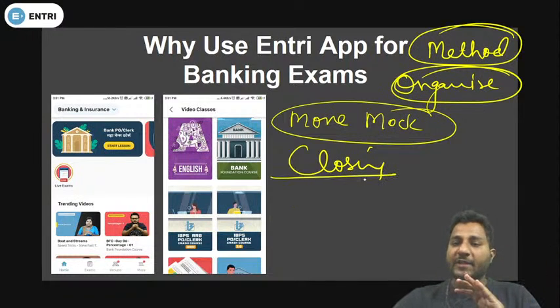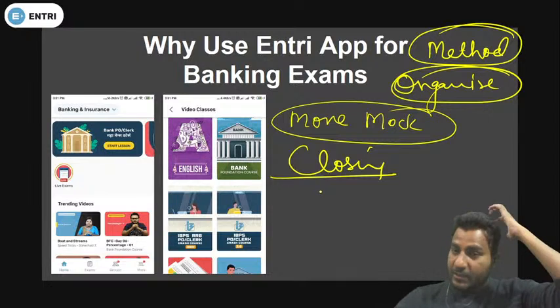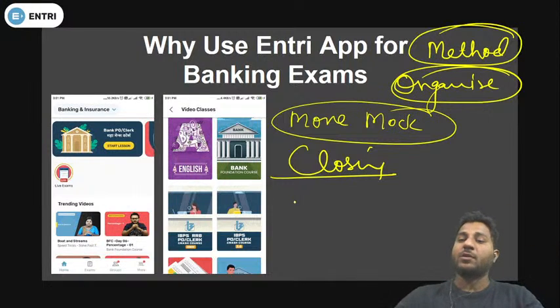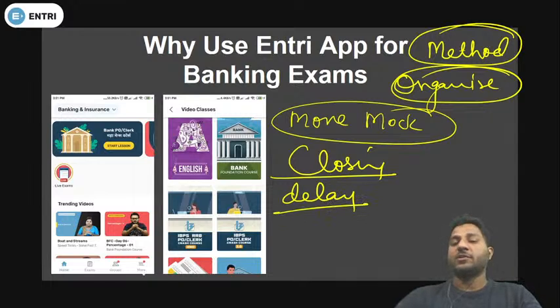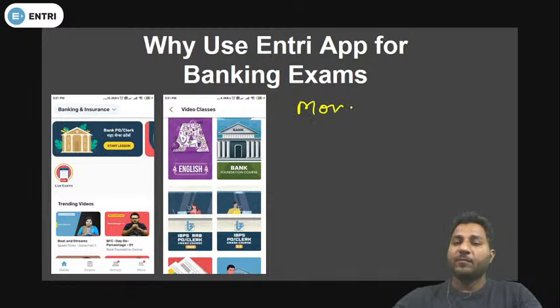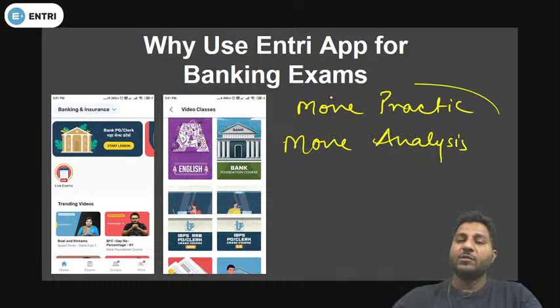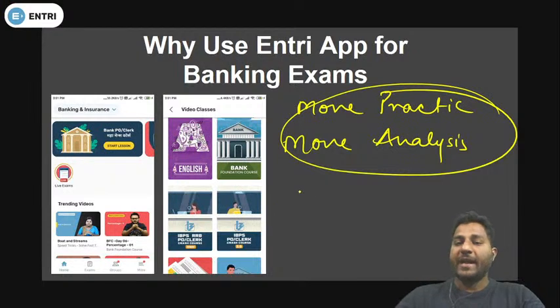If you're not an expert, a fraction of a second or a fraction of doubt will delay your selection. So that's what we are going to close. More practice and more analysis, because that is the only way you can get selection. And discipline will also be there.